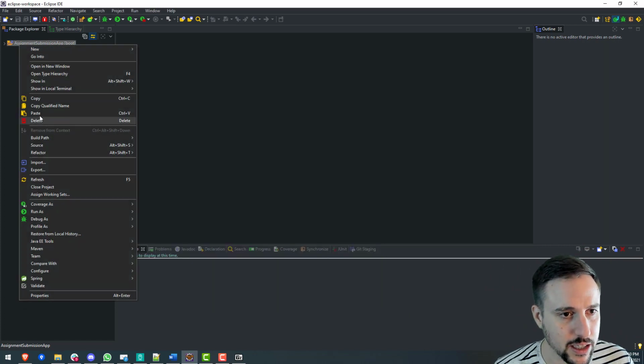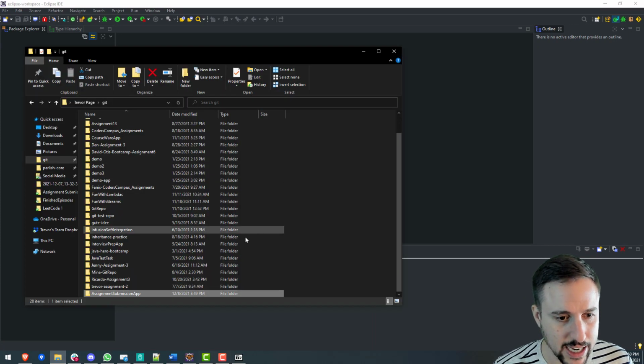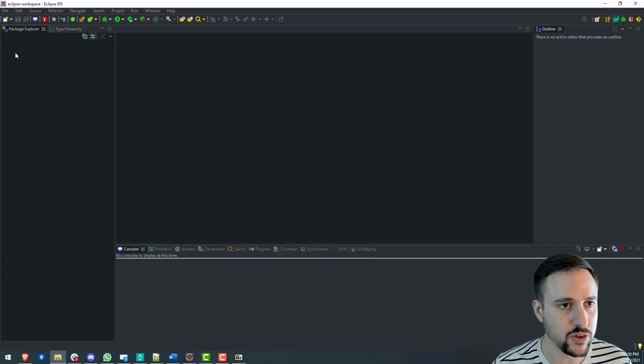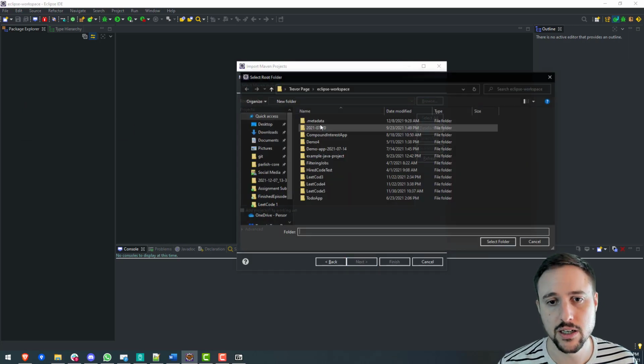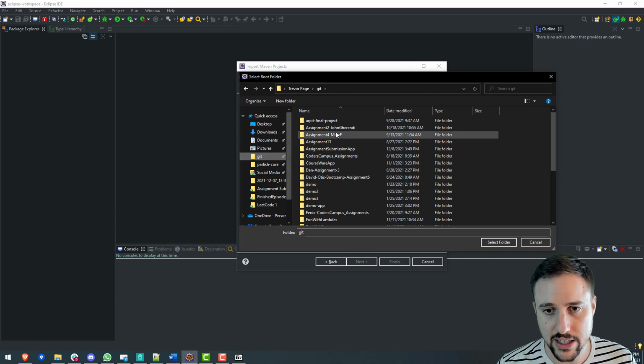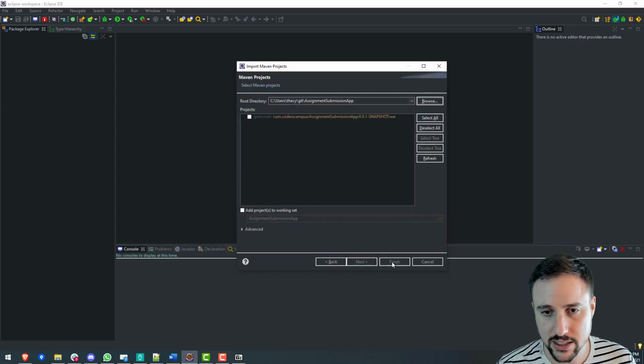So hold on. Let me close the project, and hopefully that'll stop it from being used so that I can actually... Oh, it did move. Okay, so it moved over. Let me do that one more time. Import existing Maven project, browse the Git folder, and then find the assignment submission app and say select, and then